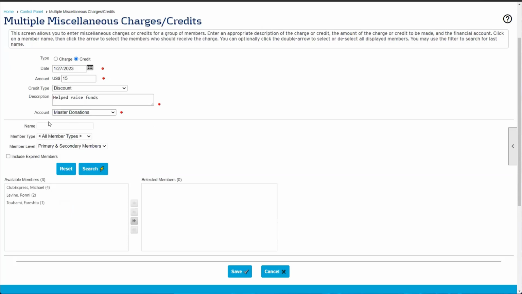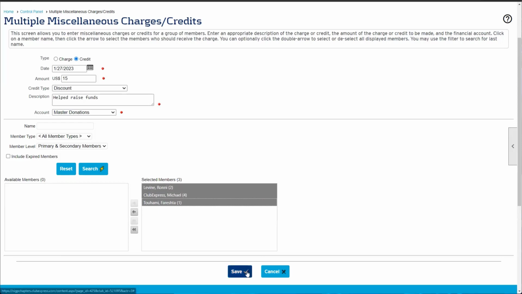We'll call this donations. And we can search for people here. We'll also get a list of all of our members. There's only 3 members on this website, but if you had 100 members, this list would be 100 people long. And you can either manually double click, you can click and use these little arrows to move people around, or you can even control click. So if I click control and hold it down, I can click on multiple people all at once and move them all over. But whoever is selected, when I hit save here,